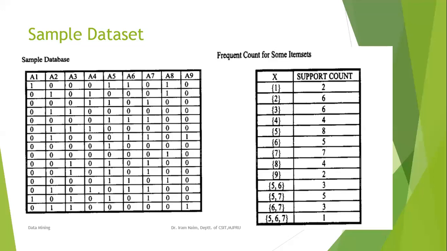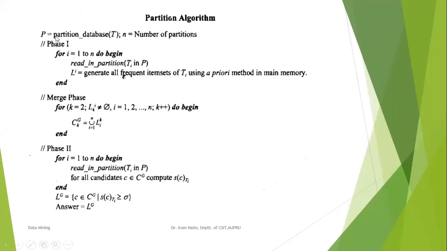Suppose you are taking the first partition from transaction number 1 to transaction number 5. Then the second will start from transaction number 6 and go up to transaction number 10. Similarly, the third will start from transaction number 11 and go up to 15. So we have 15 rows, and if we divide them into 3 partitions, each partition has 5 rows, and these 5 rows are non-overlapping. If a row is present in T1, then it will not be present in T2. Okay, so let's see the algorithm.